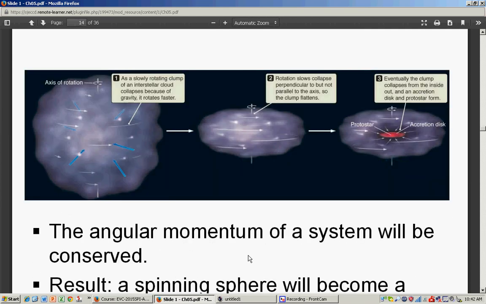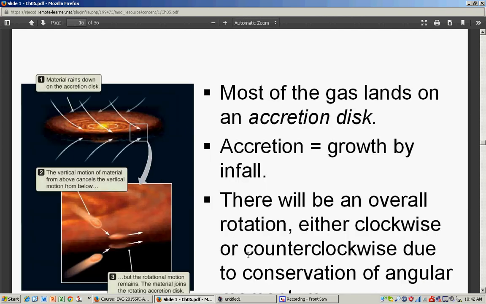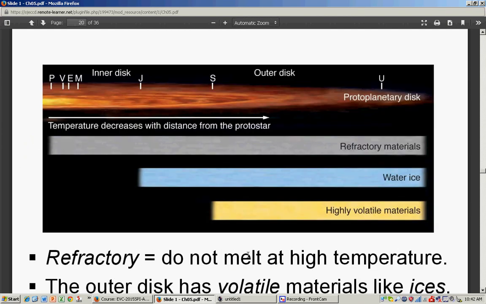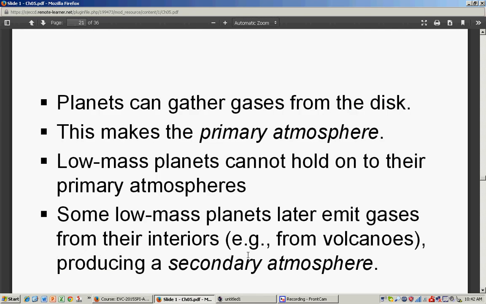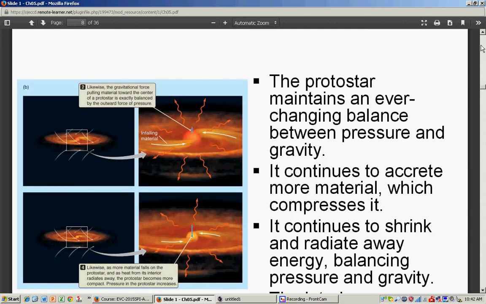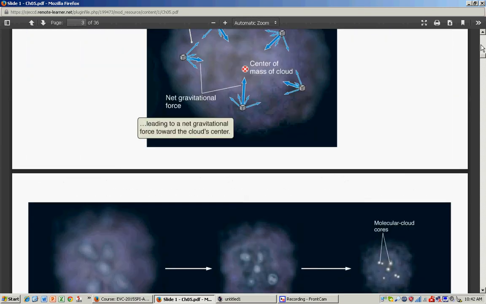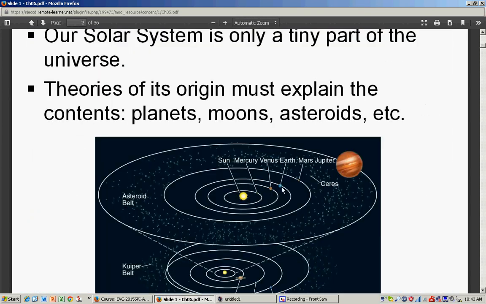Let me see what else is going on here. That's a good thing. I show you that, and pretty much that's it. Now, star formation is not just a theory. I mean, it's a theory, but it has lots of abundant observations backing it up. In our own solar system, let me go to the first slide. In the solar system, if you look at a picture of the solar system, the planets are all kind of aligned as if their orbits were pretty much